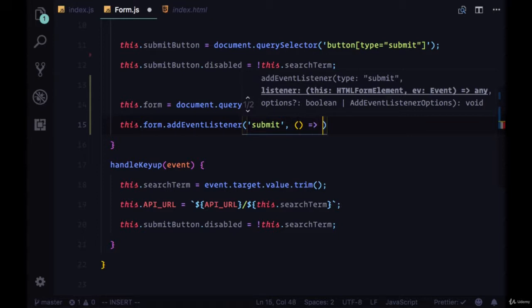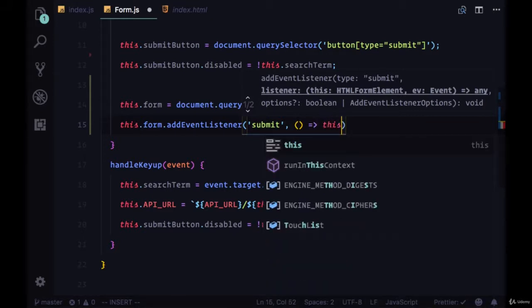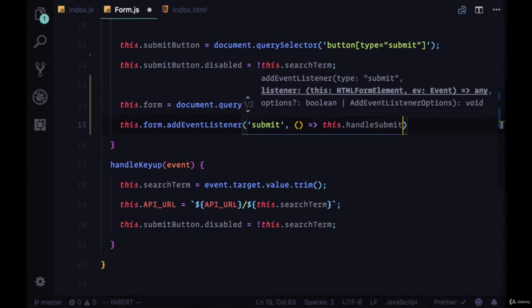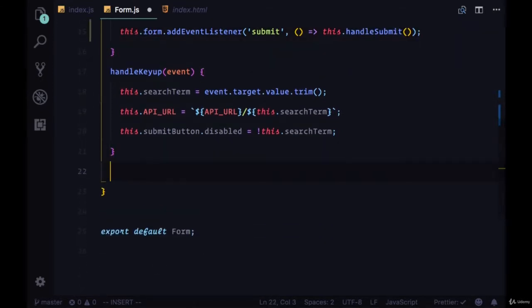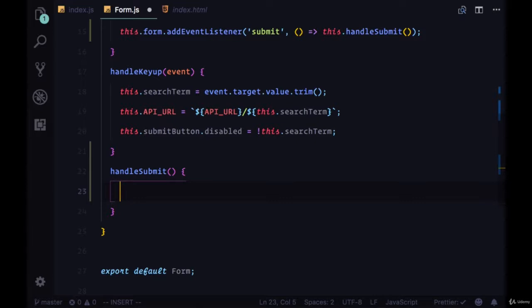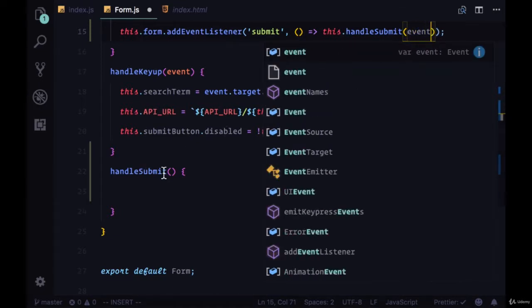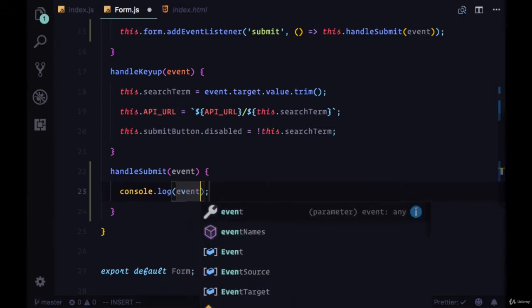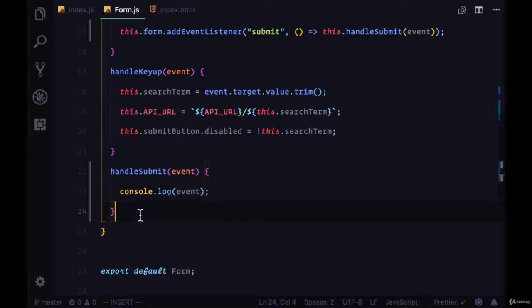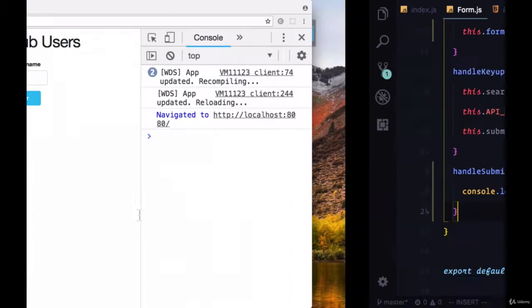So again, we'll use an arrow function, and the name of the method that we want to execute will be handleSubmit. So we'll say this.handleSubmit, and we need to create that method. So we'll do that under handleKeyUp. So we'll say handleSubmit, and like handleKeyUp, we can pass the handleSubmit method an event object to give us some information about the event that took place. So we're going to pass that down through to handleSubmit, down to a console.log. We can save the file,